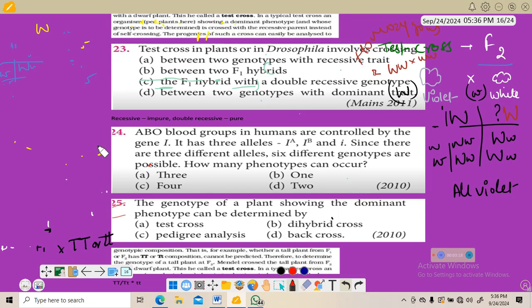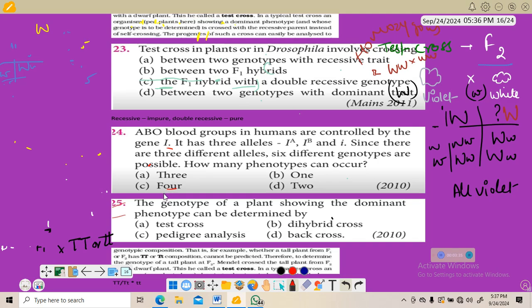Okay, 24th question. ABO blood groups in humans are controlled by gene I. It has 3 alleles, IA, IB and i. Since there are 3 different alleles, 6 different genotypes are possible. How many phenotypes can occur? Phenotypes. Okay, so